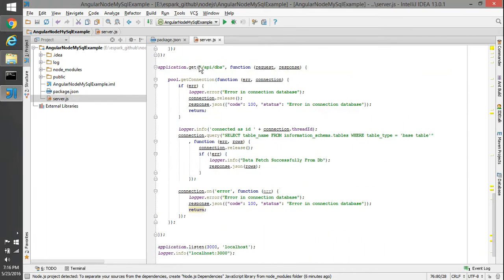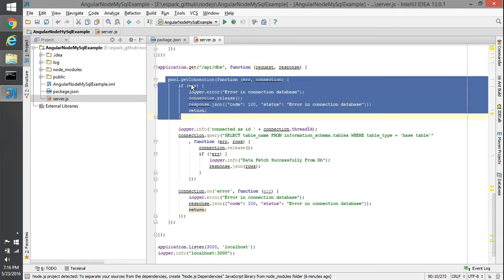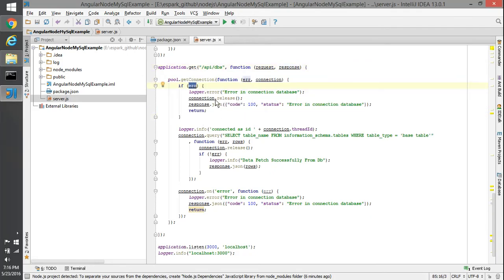Then we have another API which is a get method with the slash API slash DBs, which is gonna get the, what it's gonna do, same, we are just getting a connection. We are saying that if an error is there, it's gonna release the connection, set the status in the response, and